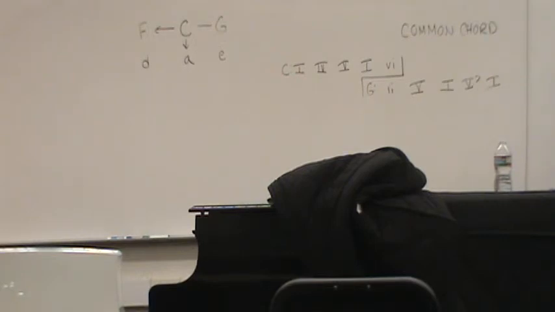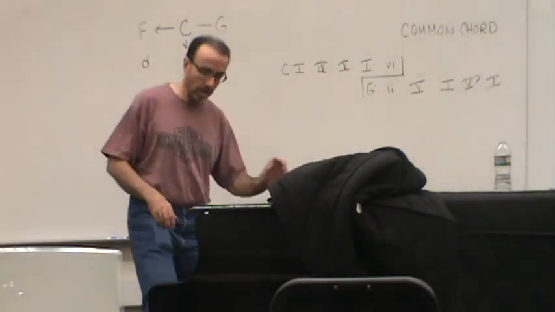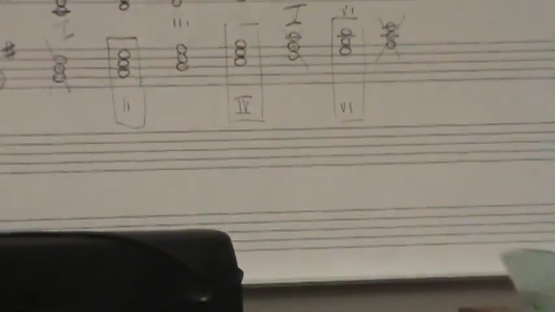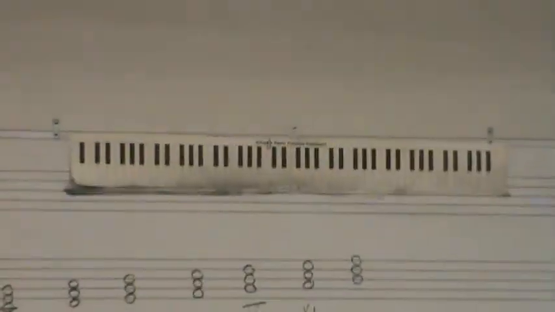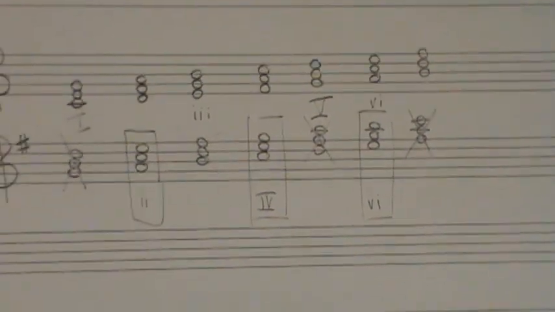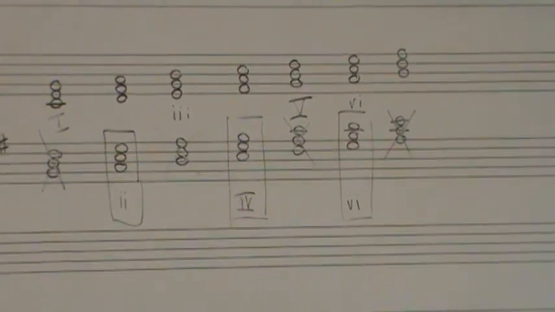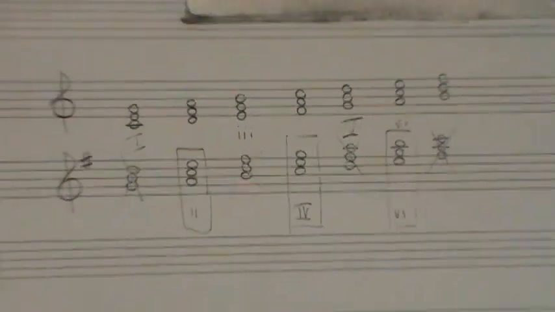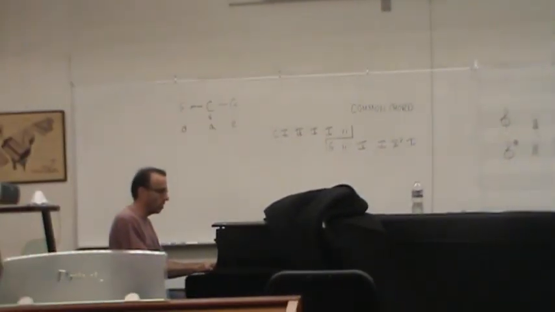The idea behind this is to move smoothly from one key to the next. So rather than just be in one key and then say, okay, now I'm in a new key, and start playing chords in that new key. For example, if I'm in C major and I decide I'm going to go to G major and just play the 5 and the 1 in G major, it's a little too sudden. So the idea behind this common chord modulation is to move smoothly from one key to the next, to take that chord